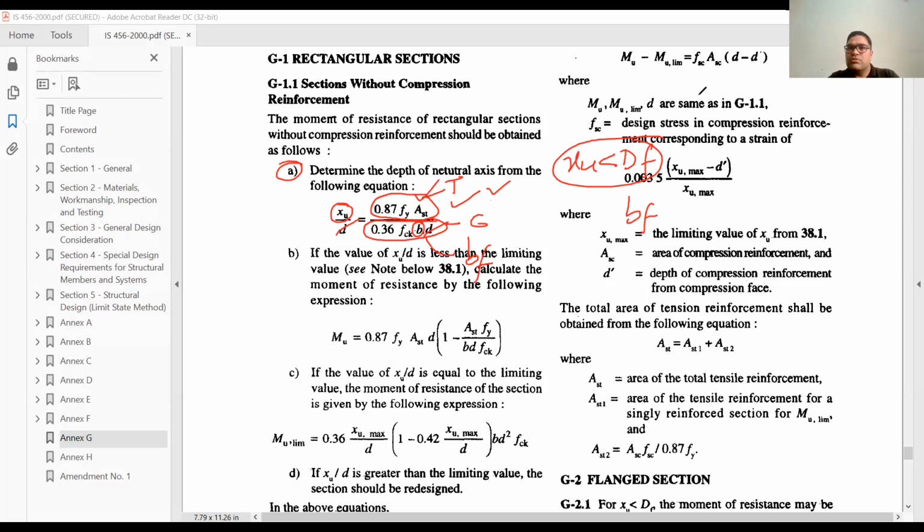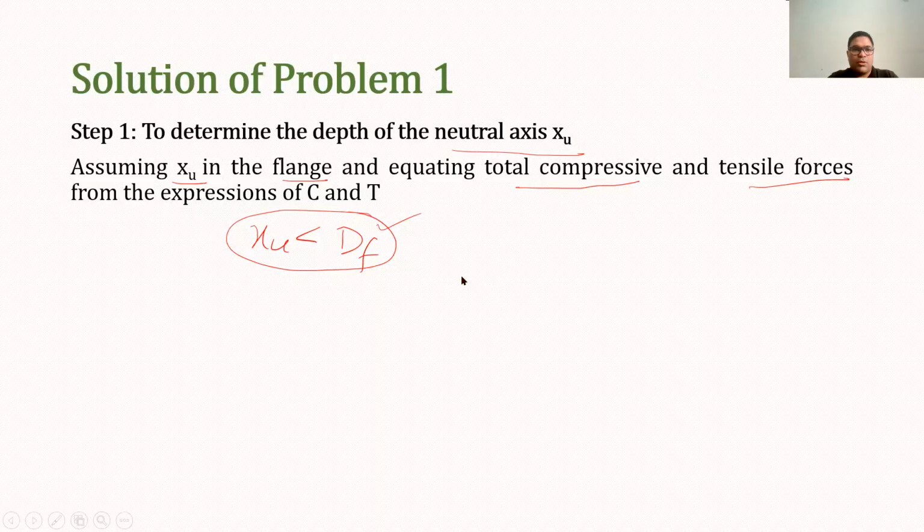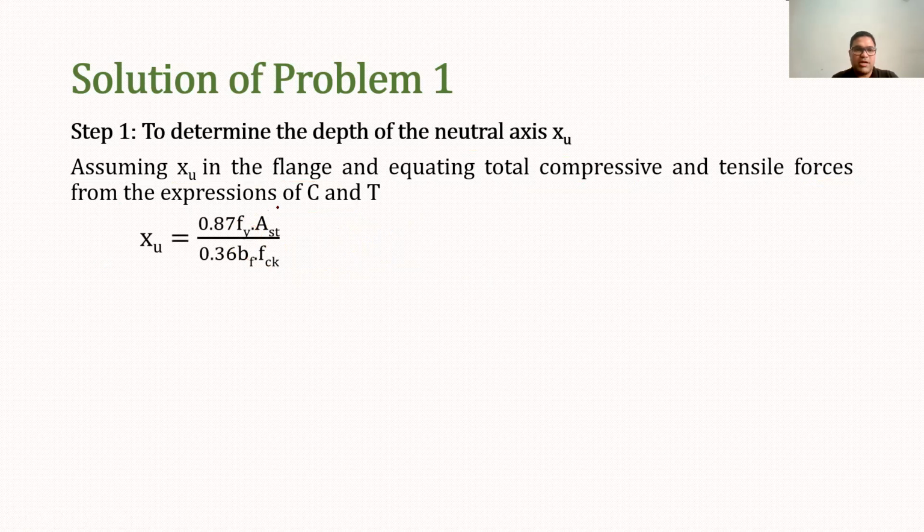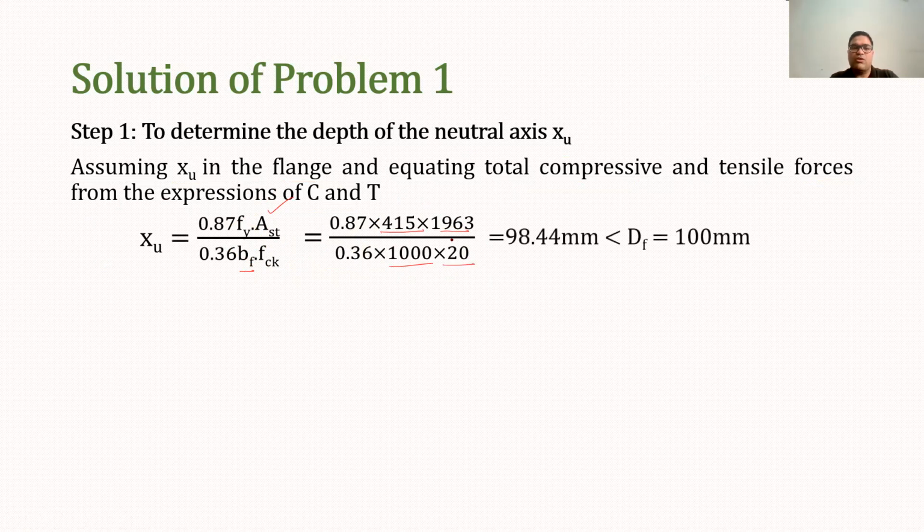So again, I will go to the slide. Here, this is the formula that we are using from the IS code, and we will put all the values here. We have BF, as you can see, I have replaced the B value with BF because we have a T-beam, which we have assumed as a rectangular beam. So putting all the values, AST is already provided and 415 is the Fy value. Similarly, BF is the effective width of flange, which is 1000 mm given in the problem, and FCK value is 20. So solving this, we get the value of XU as